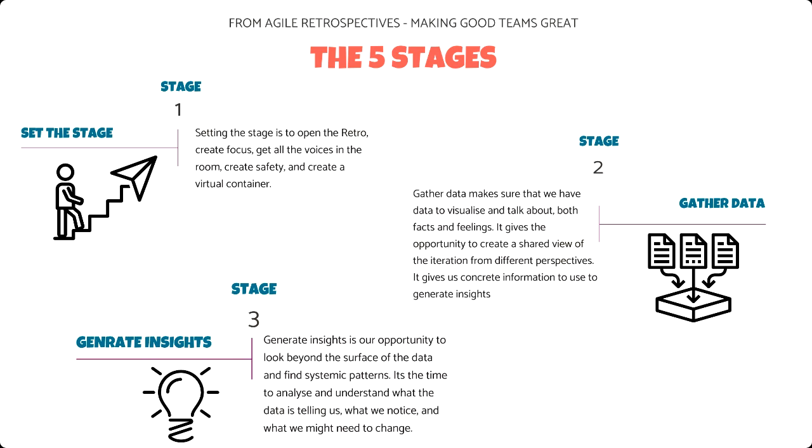But let me tell you a little bit about the 5 stages. Essa and Diana wrote about the 5 stages in their first book. The first stage and the last stage are really about great facilitation, right? Stage 1 and stage 5 are about how we bring great facilitation into our retrospectives. And then stages 2, 3, and 4 are really about how people think and problem solve. So, to what I was speaking about earlier, this is how we bring the thinking process of humans into a retrospective. So let's share a little bit about each stage.